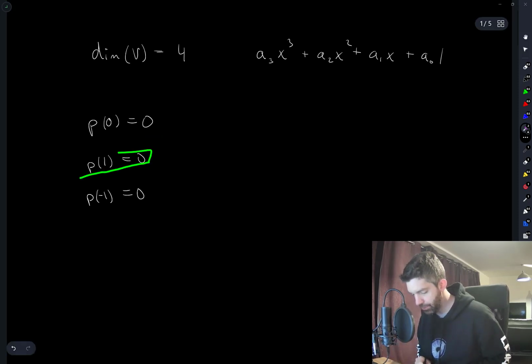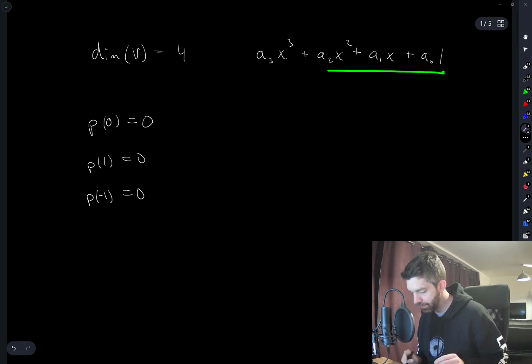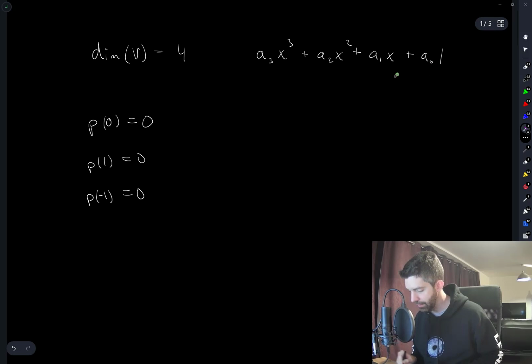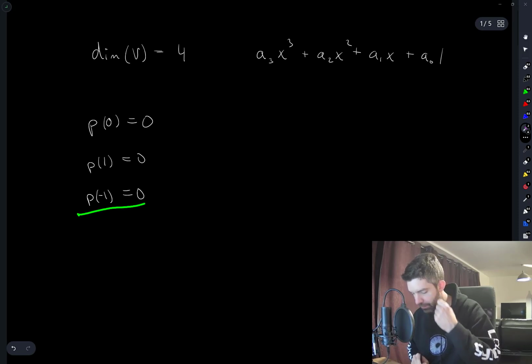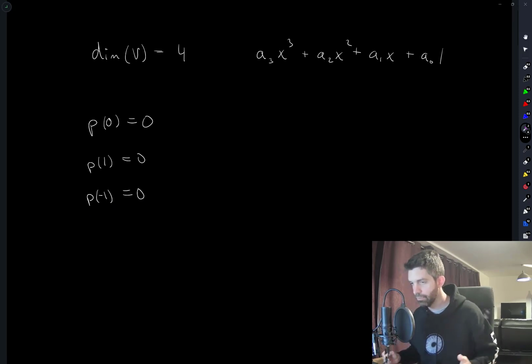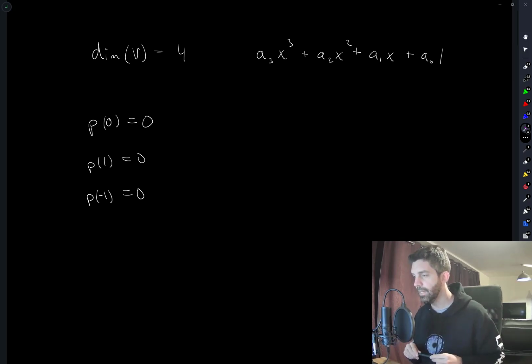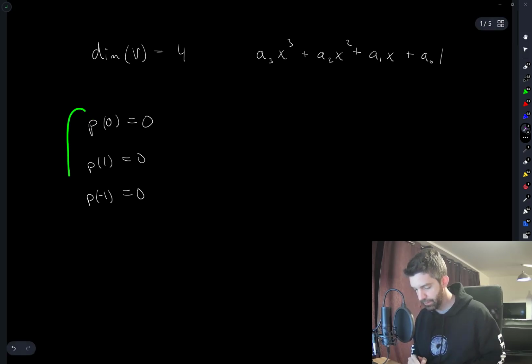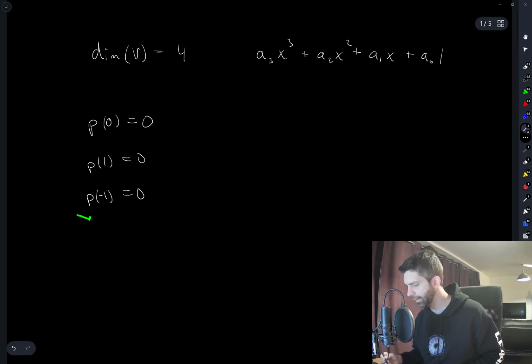If we wrote out what this means, P of 1 equals 0, if I substitute x equals 1 here and say that that's equal to 0, that'll just give us a relation that the 4 coefficients have to satisfy. And then if we do the same thing for negative 1, that'll give us another relation they have to satisfy. And so each of these relations is reducing the dimension by 1. It's reducing the number of degrees of freedom by 1. The only catch could be if, for some reason, one of these conditions is redundant,